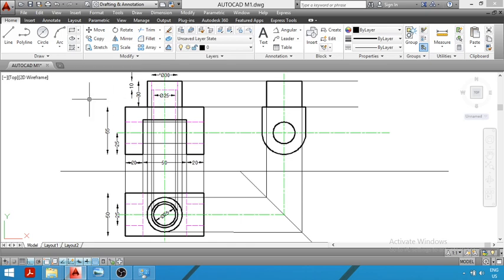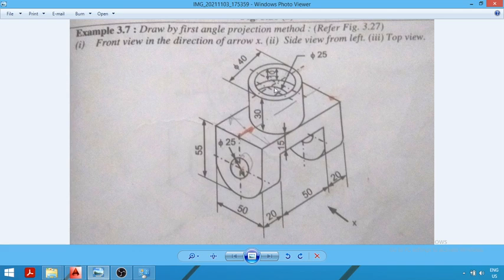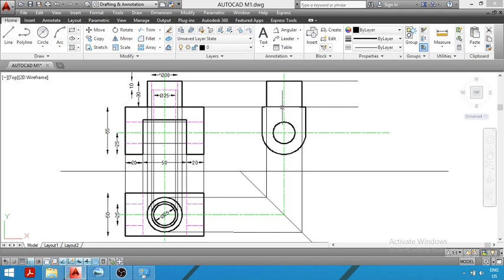Now these holes when observed from the side will not be visible. Now you can see if I observe these holes, the upper hole and the lower hole, from the side view, they will not be visible. So these holes should be represented in the side view by using hidden lines. Now how to draw these holes in the side view? It is very simple. First we will project this hole. You can see this is the height of the hole, that is given as 10 mm. So first we will project the height equal to 10 mm in the side view.